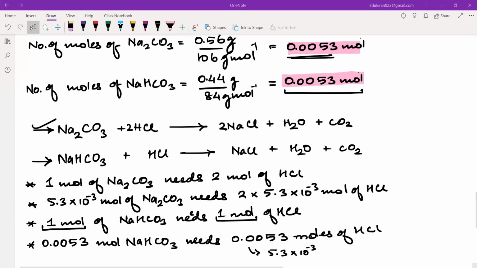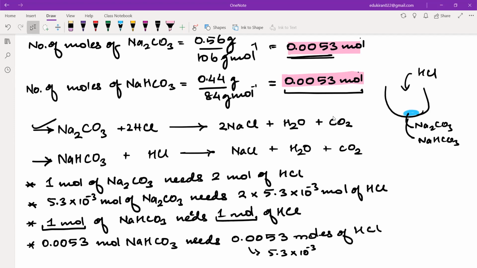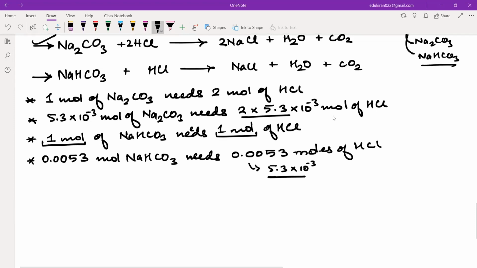Now the original question was, we had one container in which we had some mixture. Don't write anything, please listen. This mixture was 1 gram of Na2CO3 and there was also NaHCO3. Now we are adding HCl in order to react it, and to react Na2CO3 we require 2 into 5.3 into 10 power minus 3, and to react NaHCO3 we require 5.3 into 10 to the power minus 3 moles of HCl. So total moles of HCl, please see very carefully,